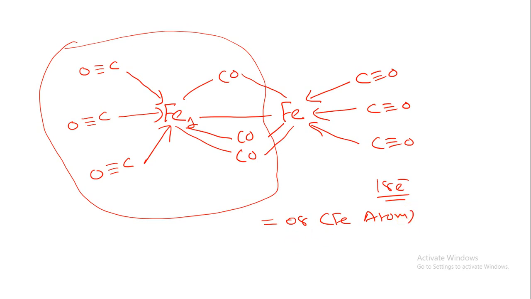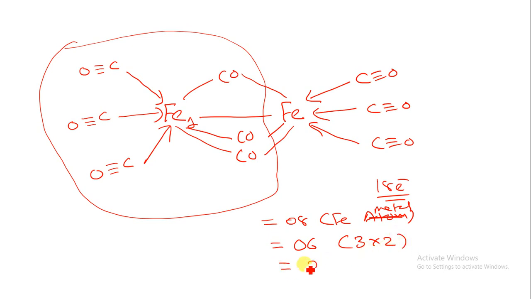Okay, or Fe metal, what we can say Fe metal. Let us write down a metal instead of the atom. Next one, that is 3 terminal ligand, that is CO. So I have to add 6. So there are total 3 terminal ligand. So I have to add 3 into 2, that is 6 electron.